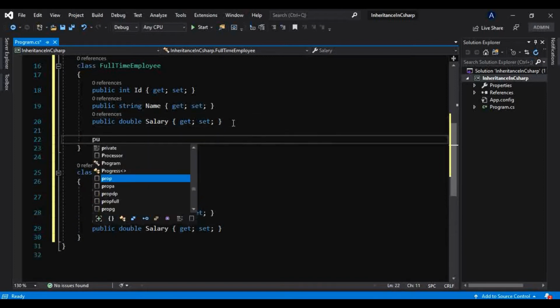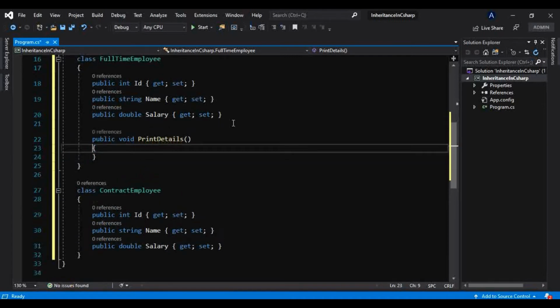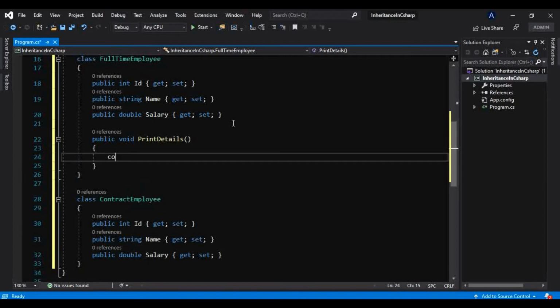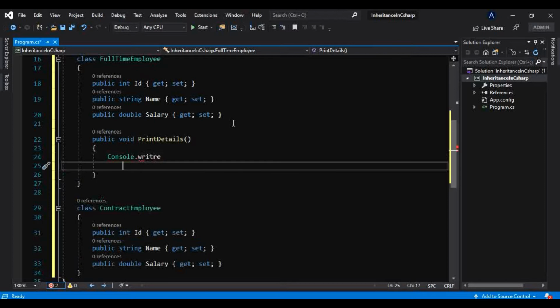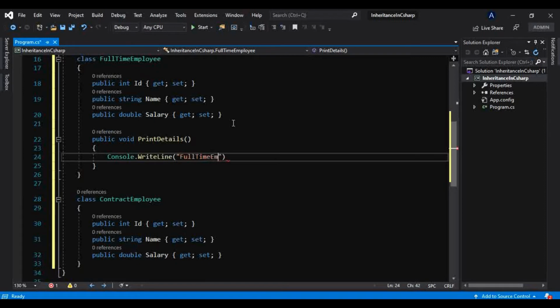Now I will write one method here: public void PrintDetails, the details of our employee. Onto the console, I will give one meaningful message here: Full-time employee.